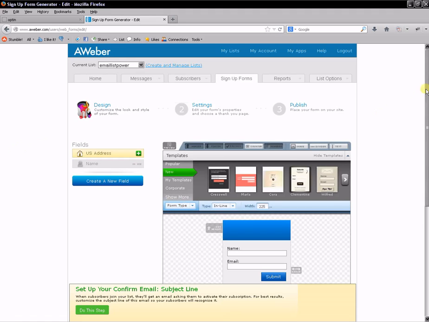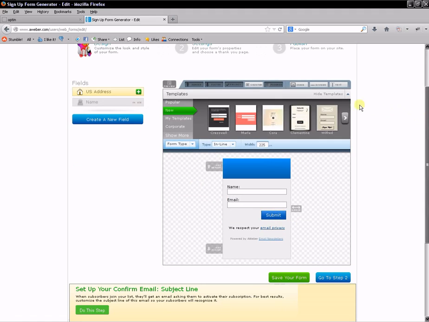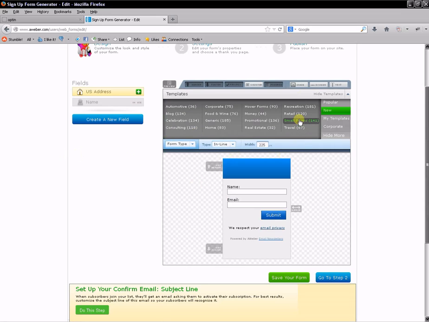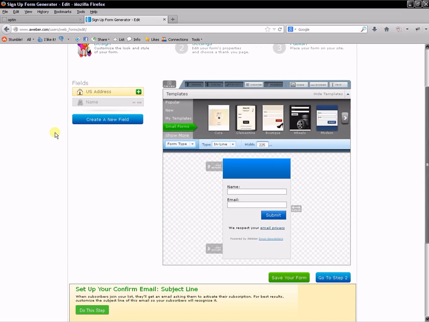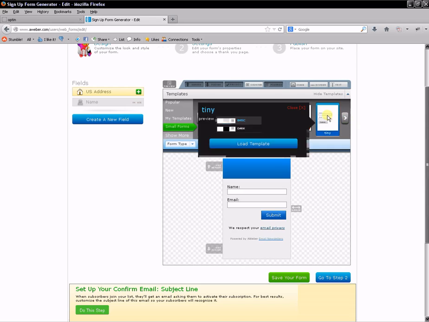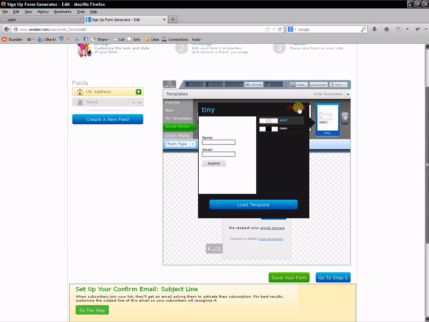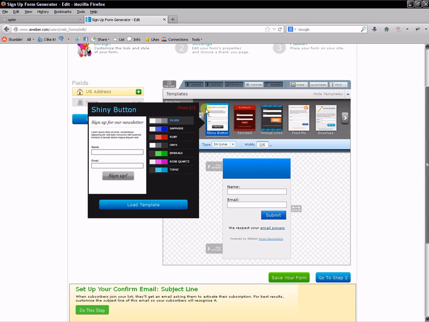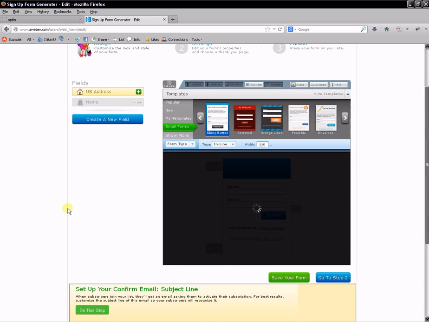And what we're looking for now is an opt-in form that is white. So I will usually go down to show more forms, and I'll go over to here. See small forms? I always find they're the best forms. And now let's look for something. I think I created one earlier, so maybe what about this one? We try this one? No, don't really like that one. That one looks alright. I'm going to try this one, really. Yes, that looks like a nice one. So we load that template.